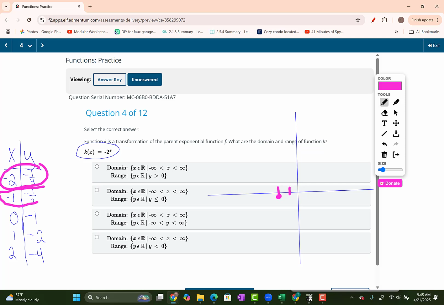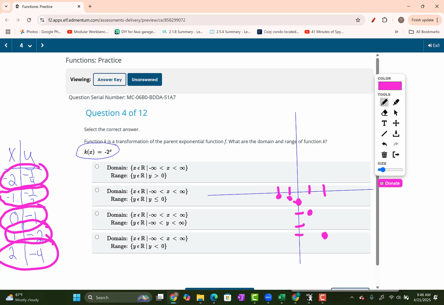The next point is -1, -1/2. So that's left 1 and down just a little bit more. We're just estimating. Then we've got the point 0, -1. So it's just down 1 unit. 1, -2. That's right 1, down 2. And then finally 2, -4. That's right 2,